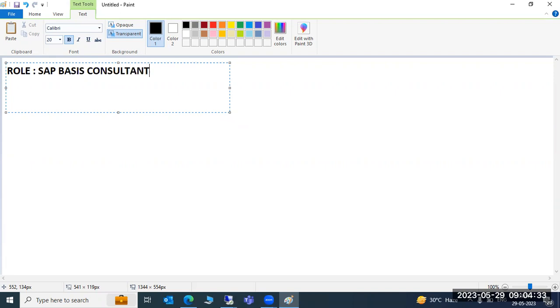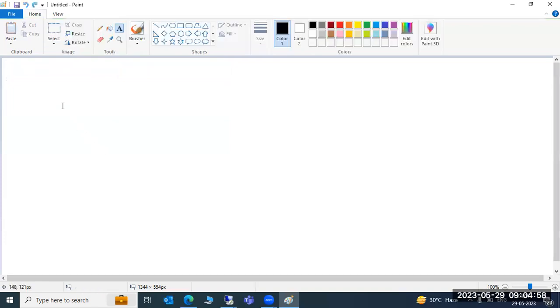Depending upon the experience, the designation may change. Maybe SAP Basis associate consultant, SAP Basis consultant, SAP Basis technical lead, SAP Basis architect, SAP Basis manager. But Basis is common in every role. The roles may change depending upon your experience. Okay, so that is about our designation.